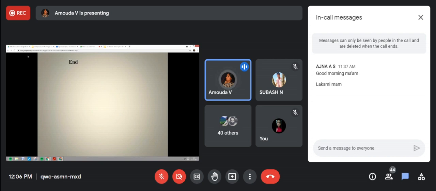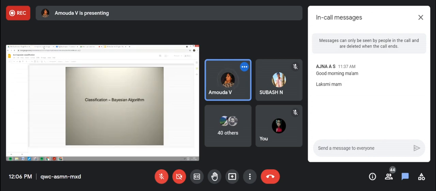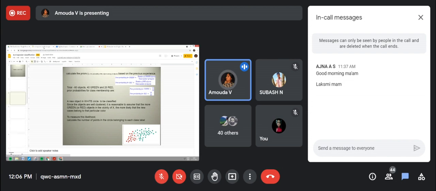So if you don't have questions, we'll take one more example algorithm, Bayesian classification. Here you can go for the naive algorithm, a very simple algorithm. I will just introduce the concept alone, how they are classified using this algorithm.